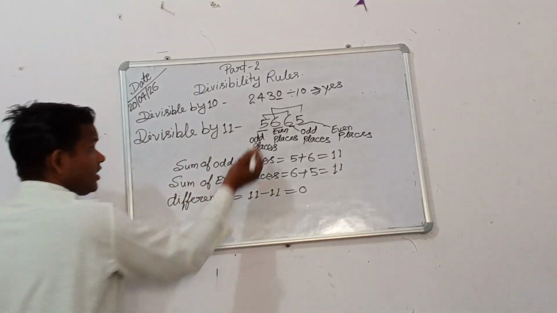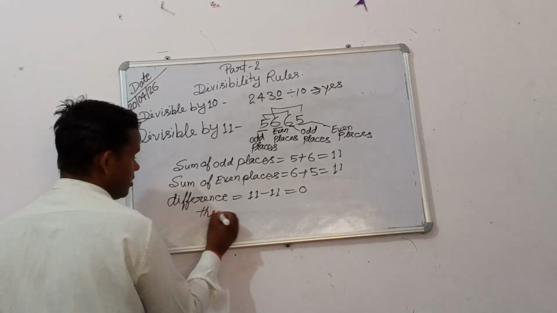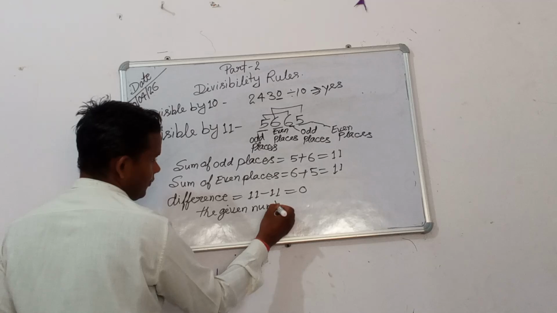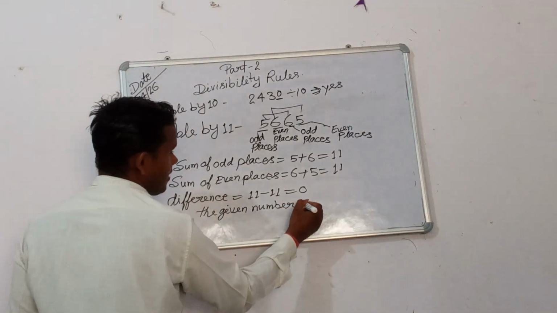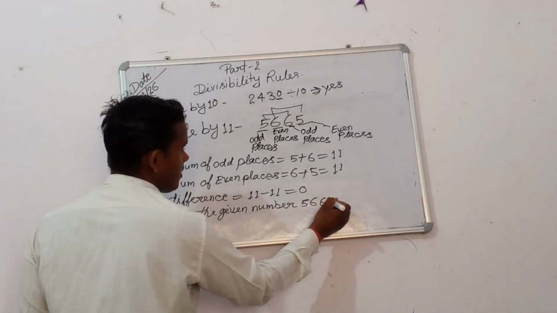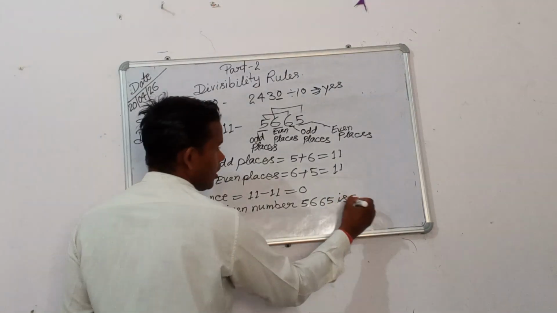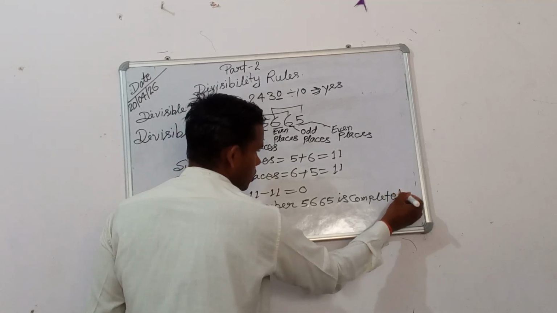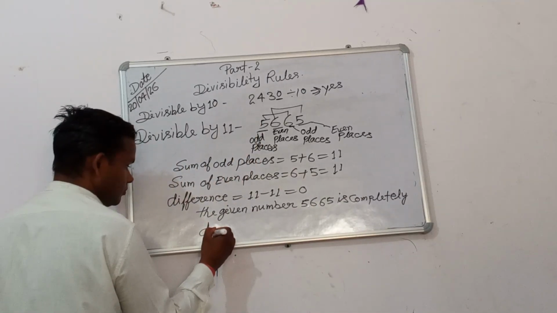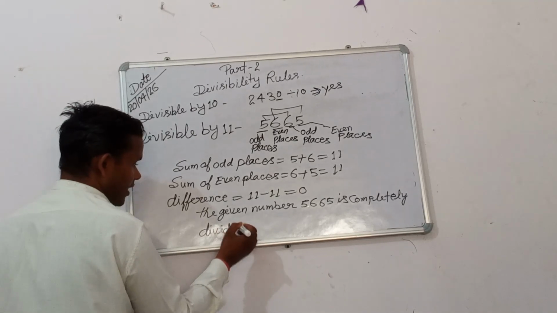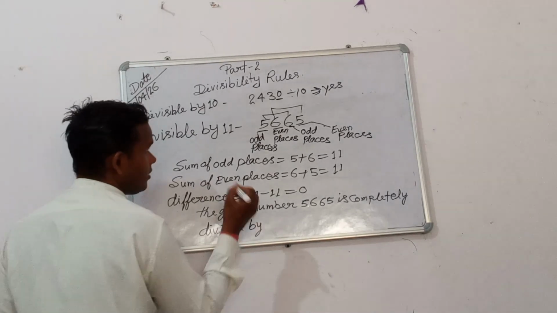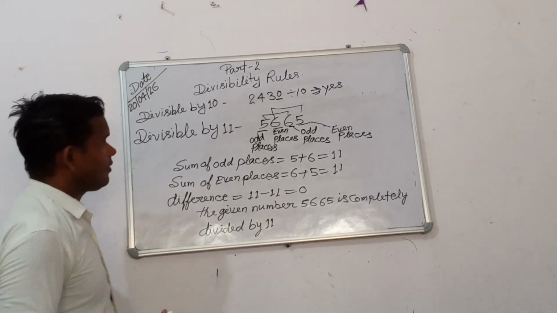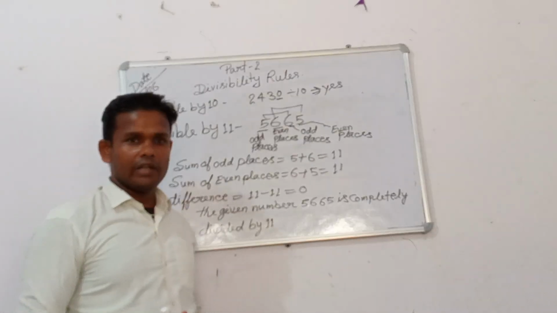Then we say that the given number 5665 is completely divisible by 11. That is the rule of divisibility by 11. It is clear that